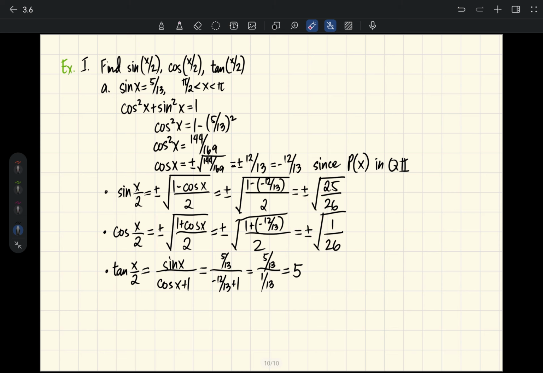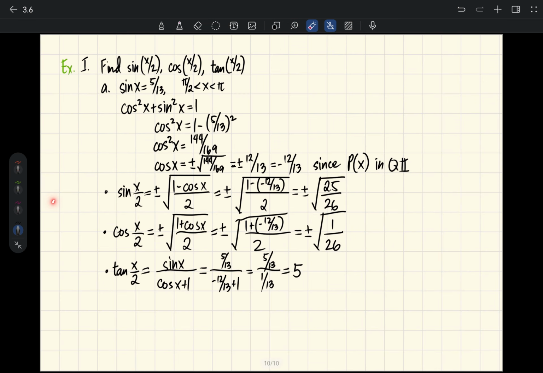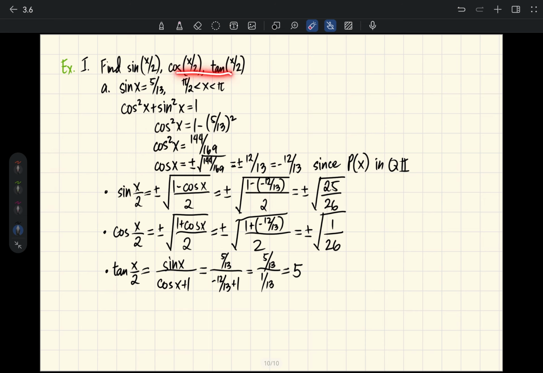Okay? However, we are not yet done since you have plus minus here. So how will we find that? We have to take note of this x over 2 right here. We have to identify where P of x over 2 is located. So identify the location of P of x over 2. How do we do that? We will exploit this one right here. So what we know is that